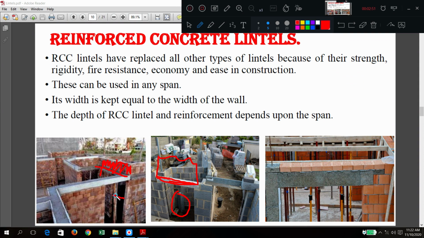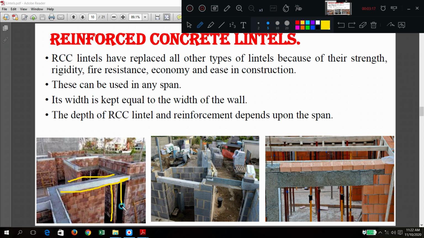So here there is an opening. Yes, it is an opening. Here there is an opening. Like this it is there. Now what are we discussing? Construction of this RCC lintel. Now how exactly are they doing it? They are first making this formwork. This white color board is there, no? This is the formwork, and they are going to support it first.